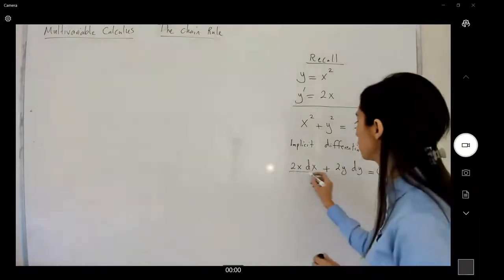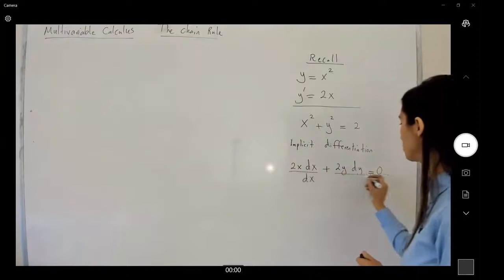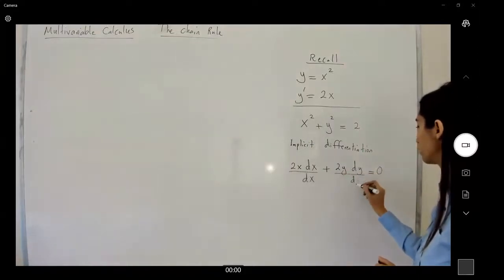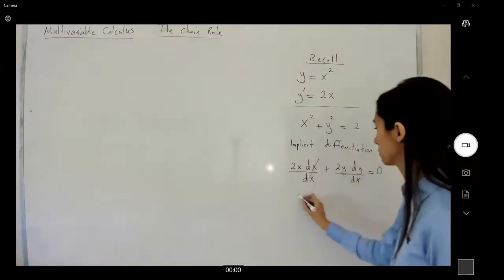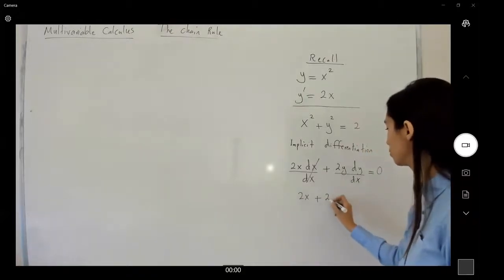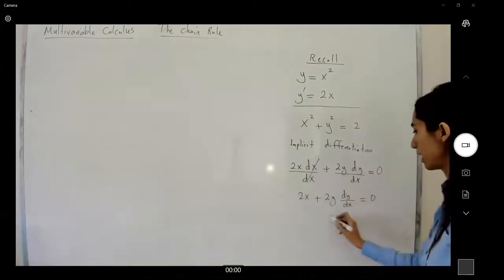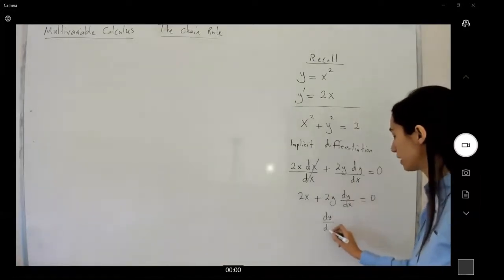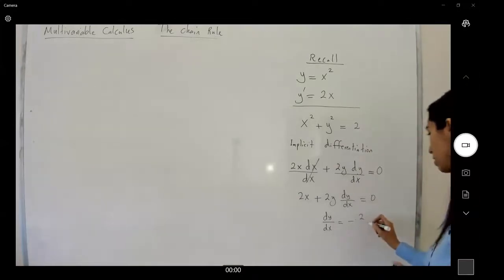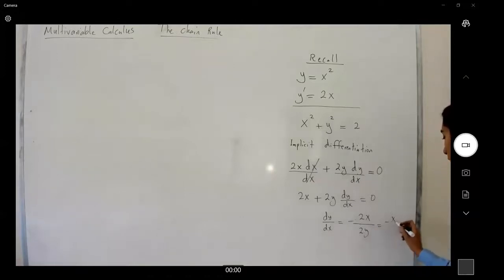Now remember that you divide everything by dx to write y prime. 2x plus 2y dy over dx is equal to 0, and then you say, hey, dy over dx is equal to minus 2x divided by 2y, or negative x over y. We call this the implicit differentiation of the function. We're going to just extend the idea and the